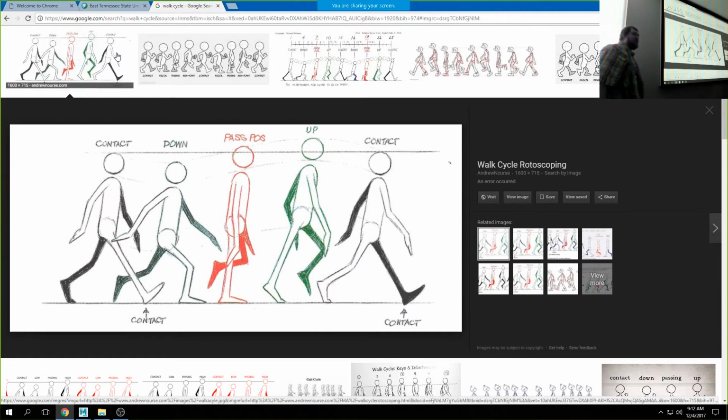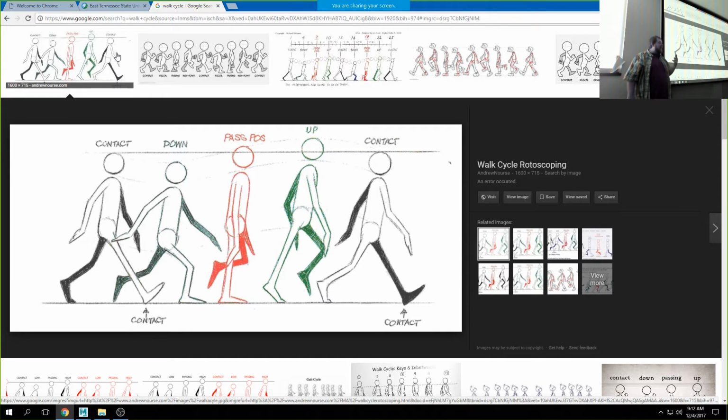Our character is going to walk forward, right? But I'm going to start that from our character in a neutral pose. So we have to get them to this contact pose first. And if we can go from our neutral standing pose to our contact pose, and we get all of these poses in,